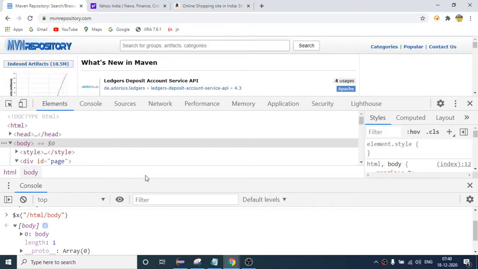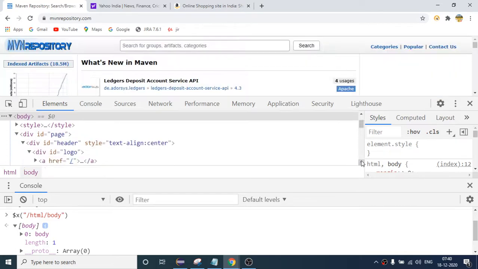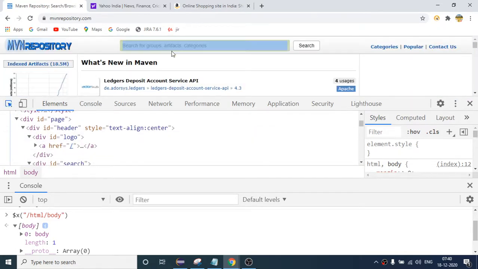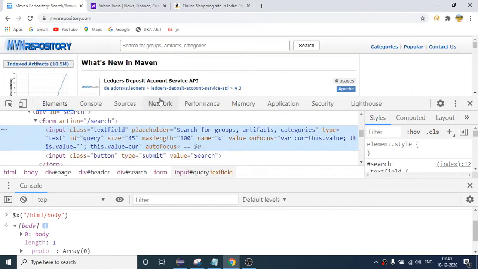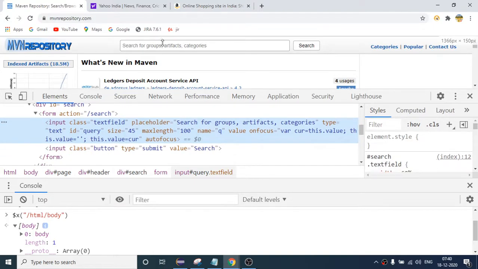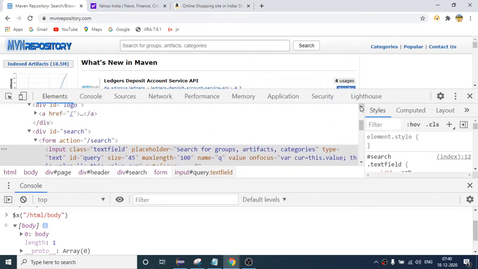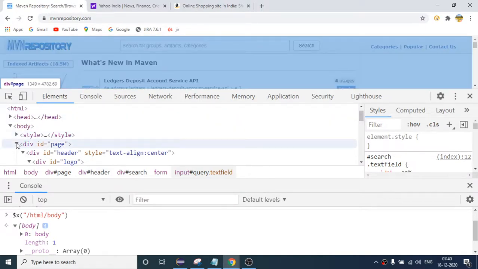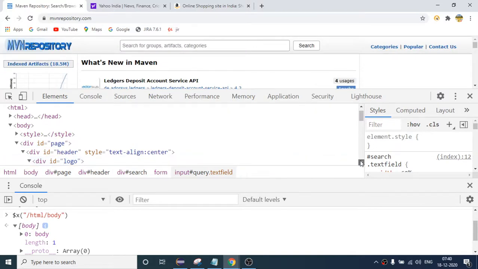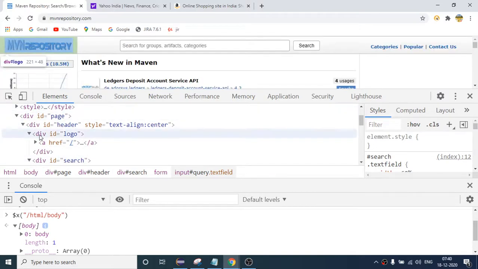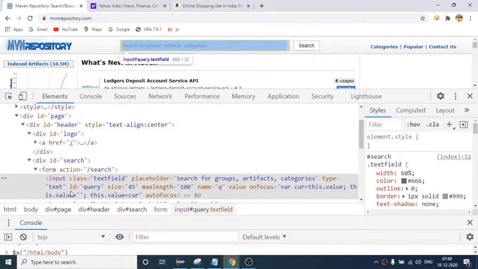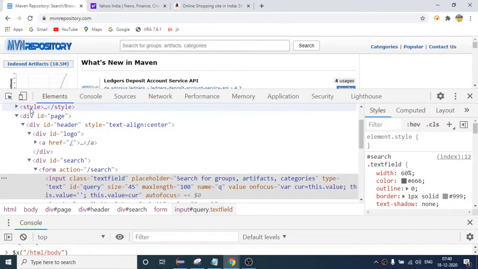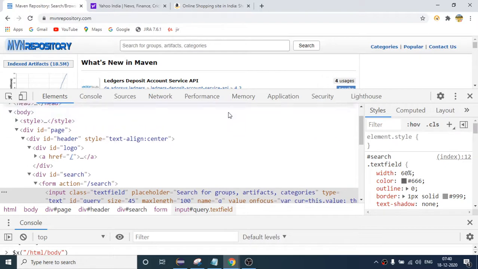And after body, where we have to reach, if I again just click this, we came here, right? And after that I think we have to go here, because if you see, if I minimize this second tag div equals page, right, we have to reach here, but as of now we are in the body tag, right?